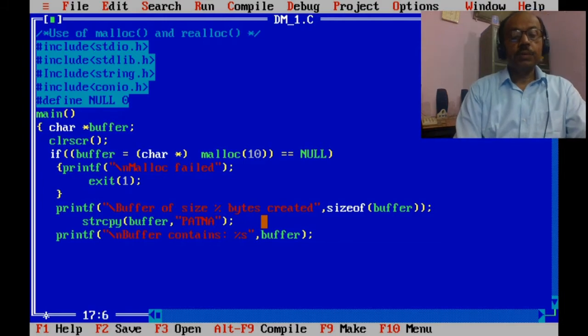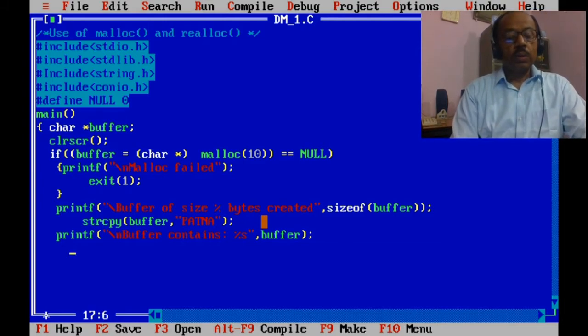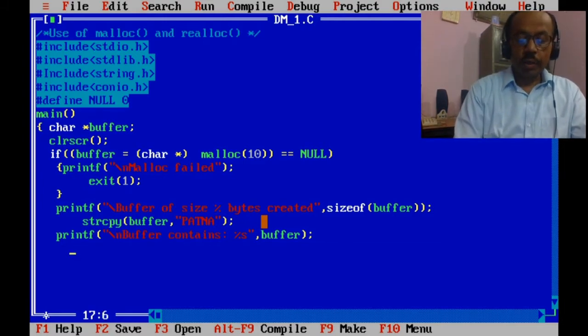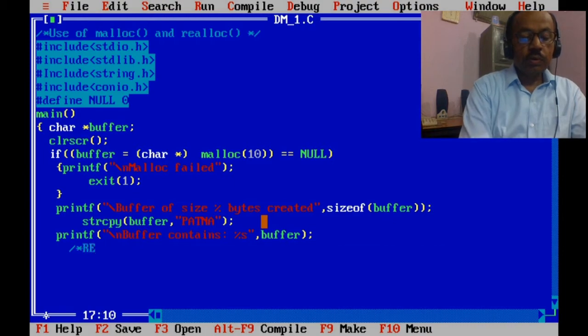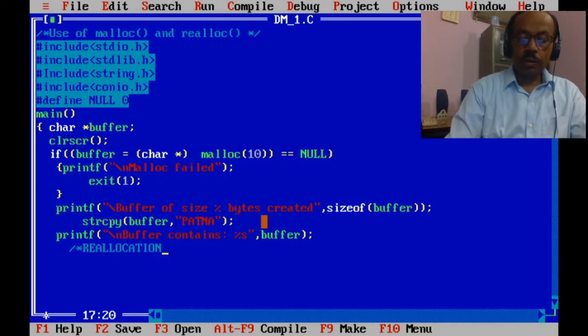Now we start to reallocate. So here I am putting a comment: reallocation starts from here.